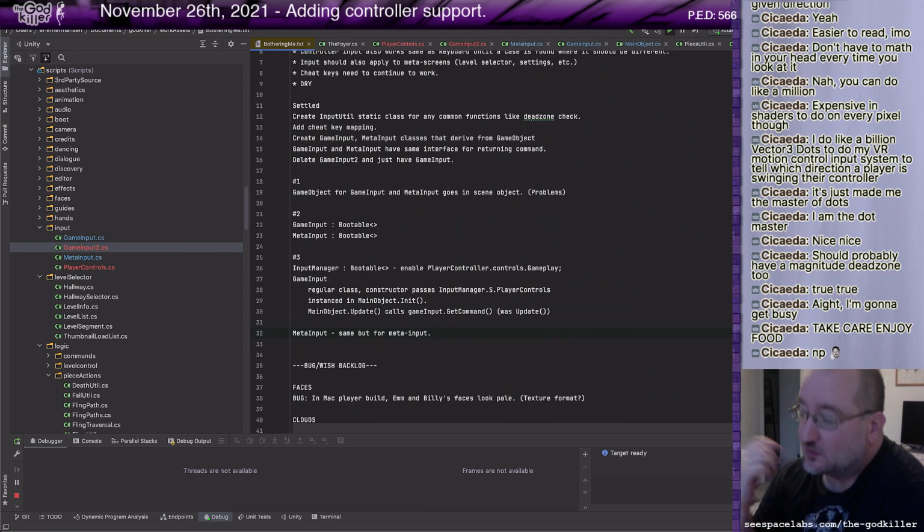All the client code for getting the current command is all there. So all I have to do is look up game input and meta input and make sure it's hooked up correctly to these new classes. So I think number 3 is the right way to go, and that's the way I'm going to do it.